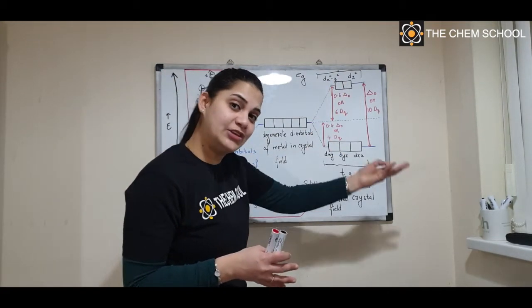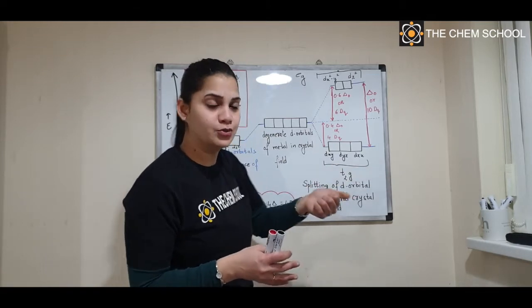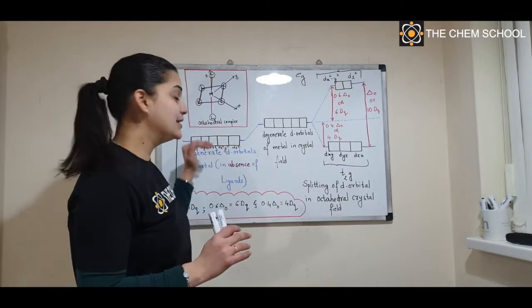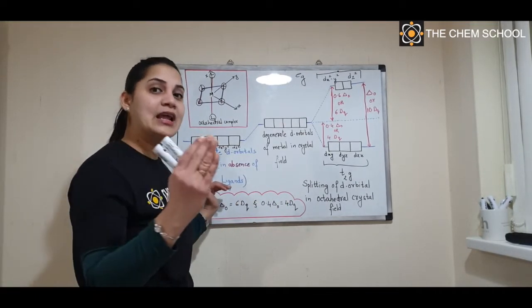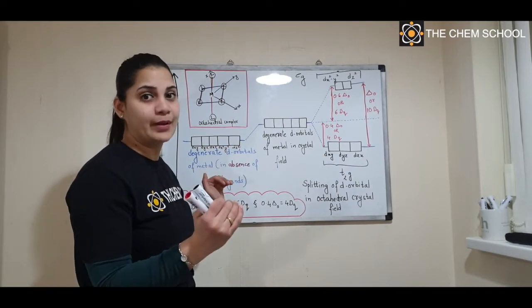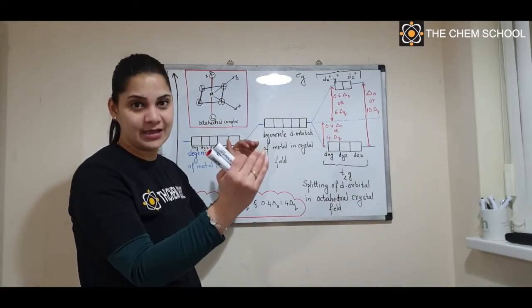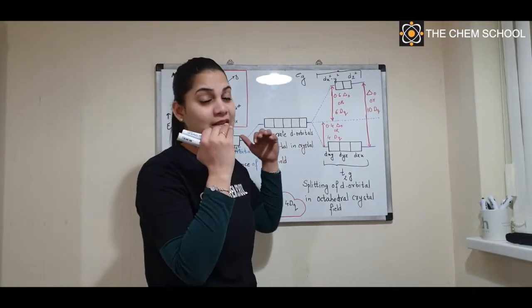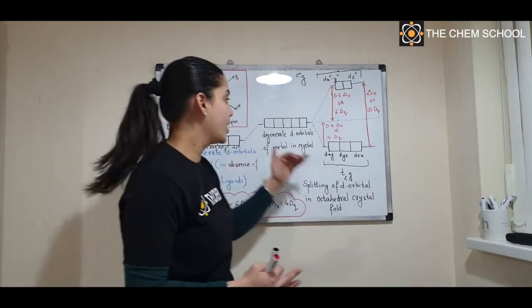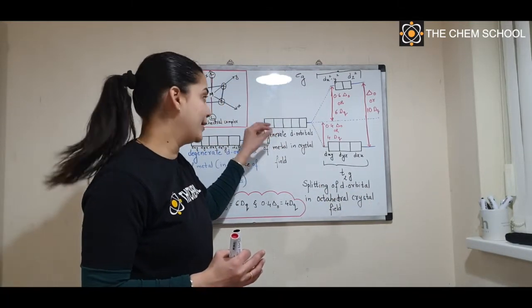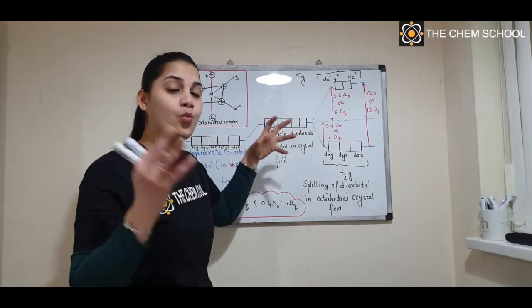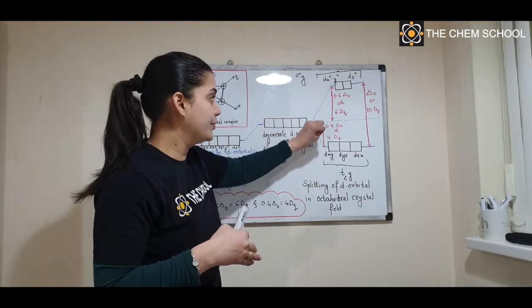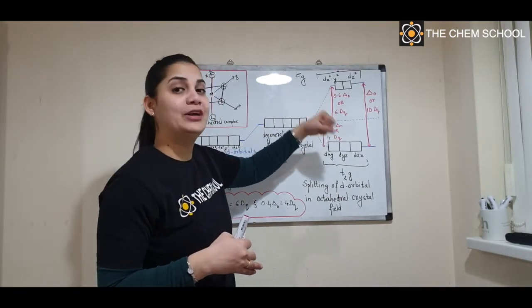So there are three stages of splitting of the d orbital. The first one is your empty d orbital, no repulsion, very stable, least energy. Ligands are approaching, there is electronic repulsion, the energy of the system rises, and that is now in the crystal field. The metal is now in the crystal field, the crystal is just about to be formed. So this is your degenerate d orbital. Still it is not split, but now when the ligands have started placing the electrons in the d orbital, they will split, and they will split into two.